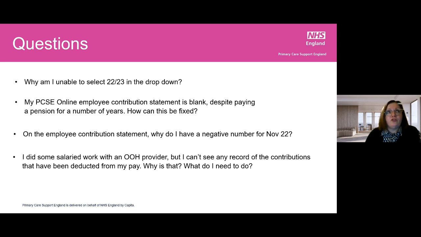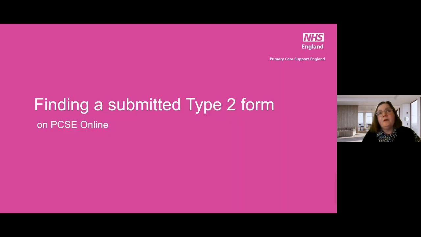And if you're still not sure, if the employer is also not sure, then NHS Pensions can also help with that. A couple of things to point out, I suppose, that if someone has more than one practice that they have a salaried post at, then you'll have essentially a row 2, and then there'll be a row 2.1, and if there's 3 practices, there'll be row 2.2. And each of those practices, when you key your details into PCSE Online, then the figures for each of the practices will pull through, and you'll recognise all of that from your employee contribution statement that you've already